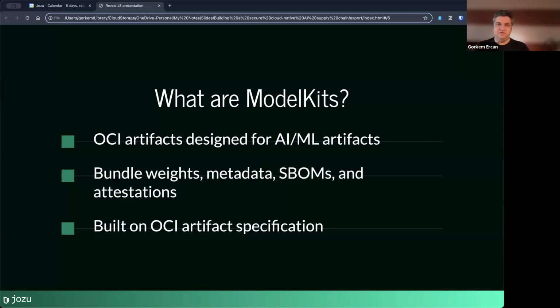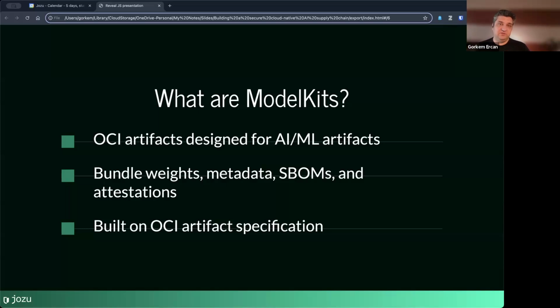Anything that you want to have immutability and security can be packaged as OCI artifacts in that sense. So model kits provide a specification of how that packaging should happen: what the media types should be, how you package them, how you define them. So it's a definition of the OCI artifact essentially and the accompanying tooling for it.